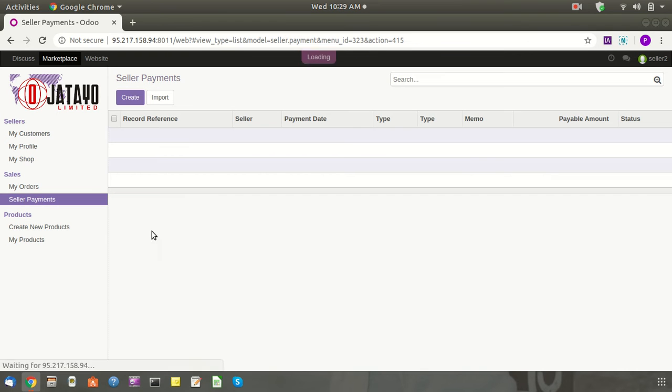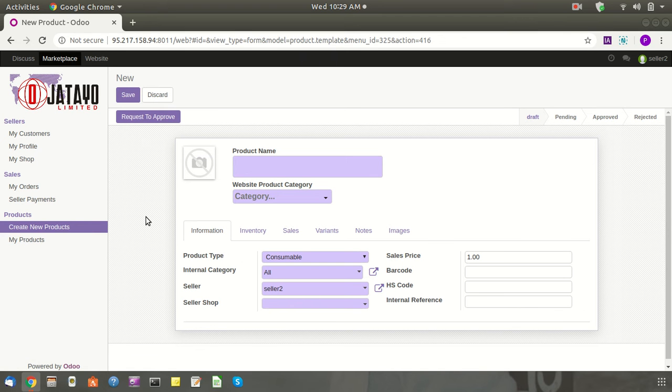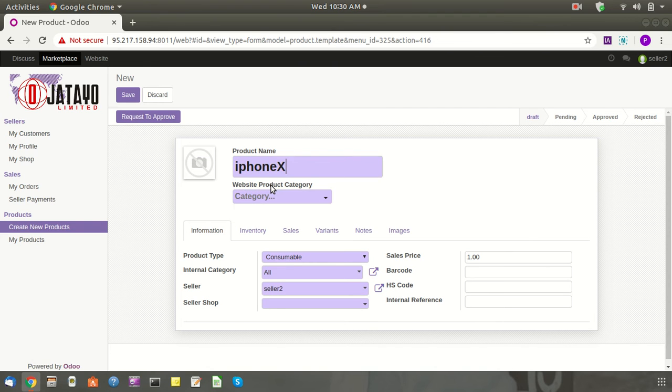and then after that I will input it over here. Now my product and create new product. Right now I don't have any product, so create new product. So this vendor will create any product, like iPhone X, suppose.